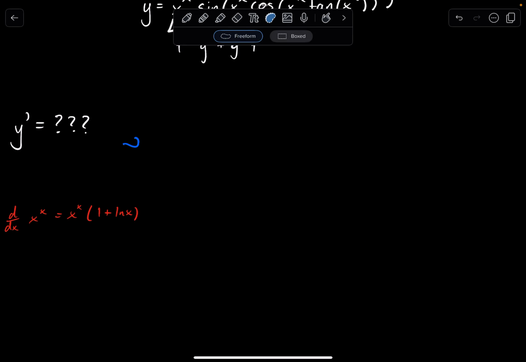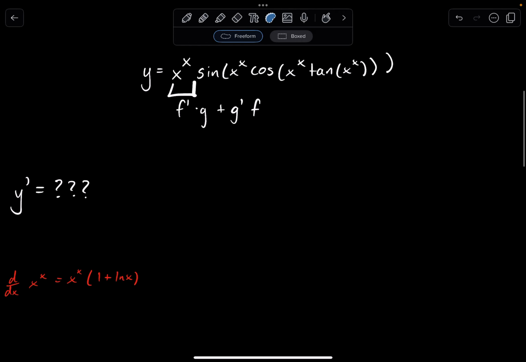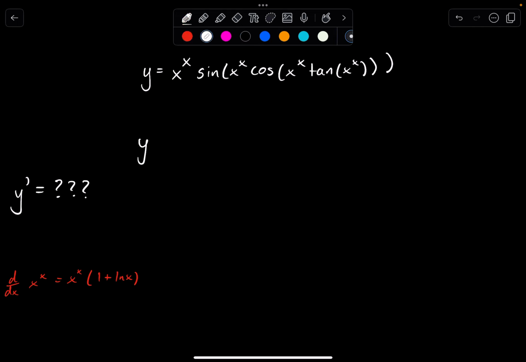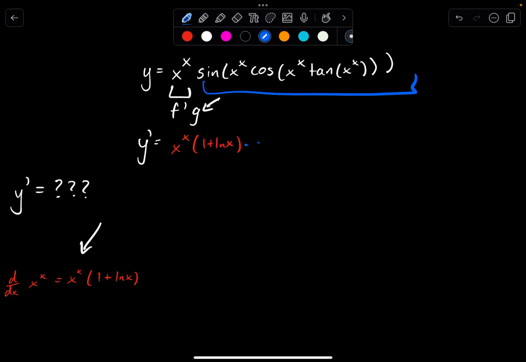Now moving forward, let me erase all this. So we got that much done. So what do we have so far? Now y prime is equal to f prime g. So our f prime we said was that, so let's write that. We have in red x to the x, 1 plus ln x. And we're multiplying by g again, so we have to multiply by this large function g. We just repeat it as it is. Sine of x to the x, cosine of x to the x, tangent of x to the x, parentheses like that. Now we have to do plus